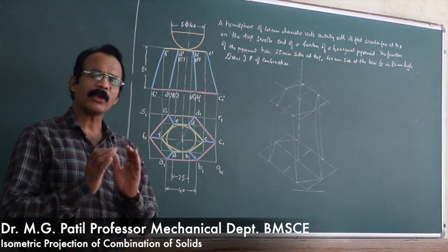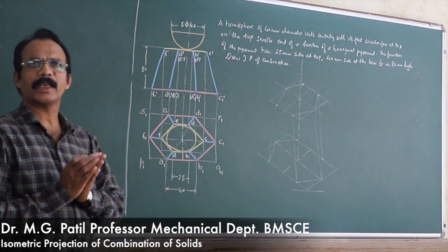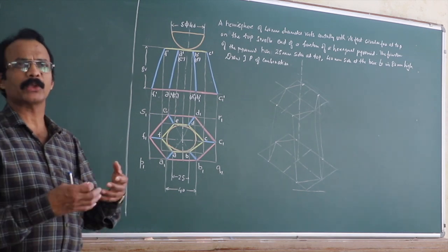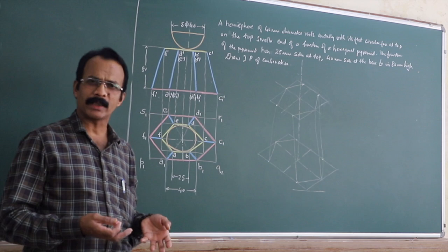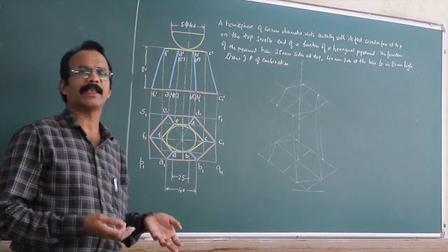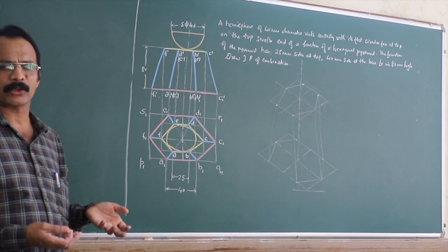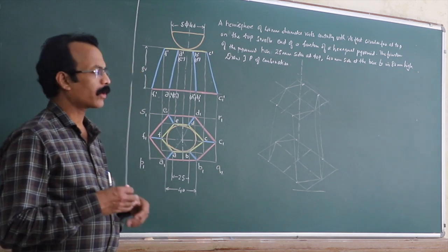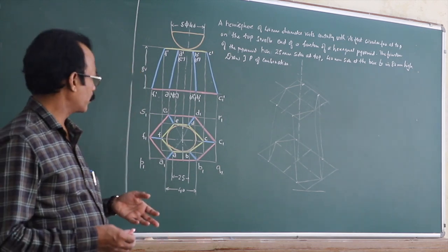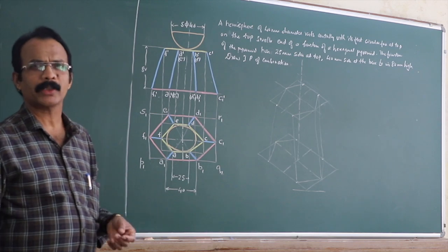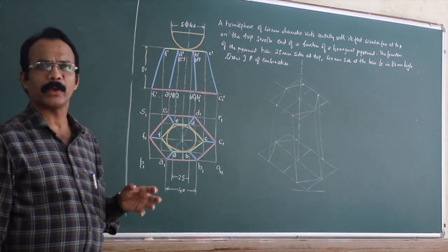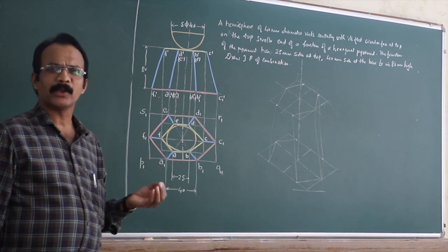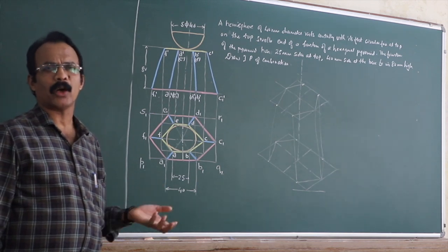Now, from your exam point of view, generally you will be asked combination type problems, that is one solid placed on another, or it might be three solids placed one above the other. Either it might be coaxial or the axis of the solids may vary. Based on such problems, we will try to cover two problems, and whatever concepts you are going to learn here can be applied to any type of problems with a little bit of your logic and common sense.